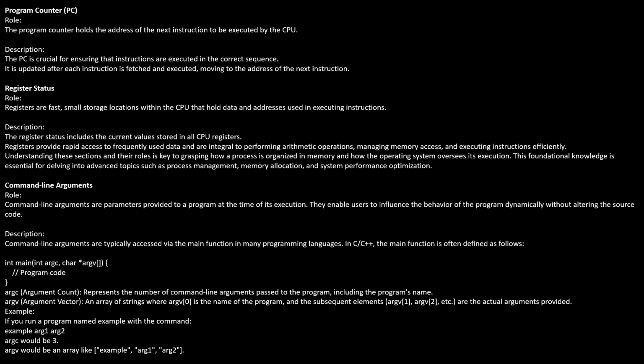Command line arguments. The role: command line arguments are parameters provided to the program at the time of its execution. They enable users to influence the behavior of the program dynamically without altering the source code. Description: command line arguments are typically accessed via the main function in many programming languages. In C or C++,